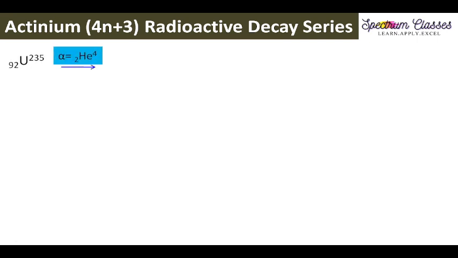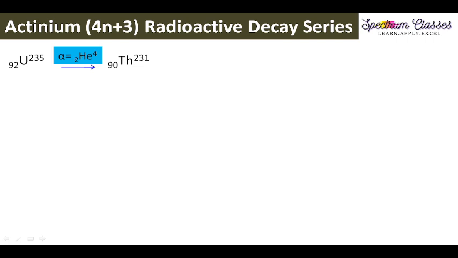So here this series, actually I have already told you about this. So this is the actinium series, but it starts with uranium, and this is the isotope of uranium. I have discussed all such things in my first video of summary of radioactive decay series, right? So here this uranium decays to the daughter element by emitting one alpha particle, and it converts to thorium.